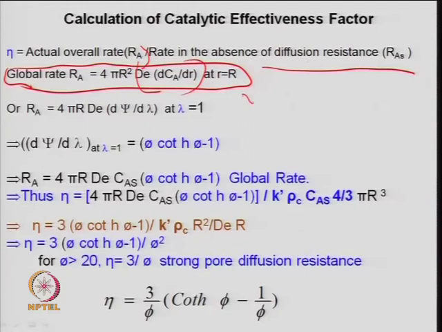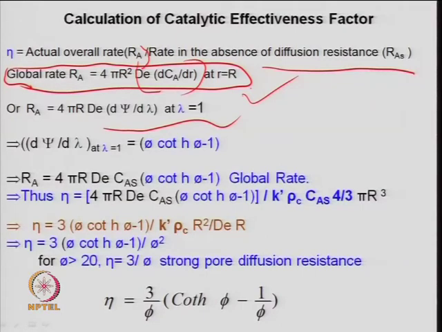So, positive sign can be defined here, right. So, that is what is calculated at R equal to R. So, you know now dC_A/dR, the concentration profile, or you can write it in the form of the dimensionless parameter, because you have already done that. So, dC_A/dR can be written in terms of lambda, that is dψ/dλ, right. So, if you write that definition, your R gets cancelled. So, 4πR D_E dψ/dλ evaluated at λ equal to 1, right.